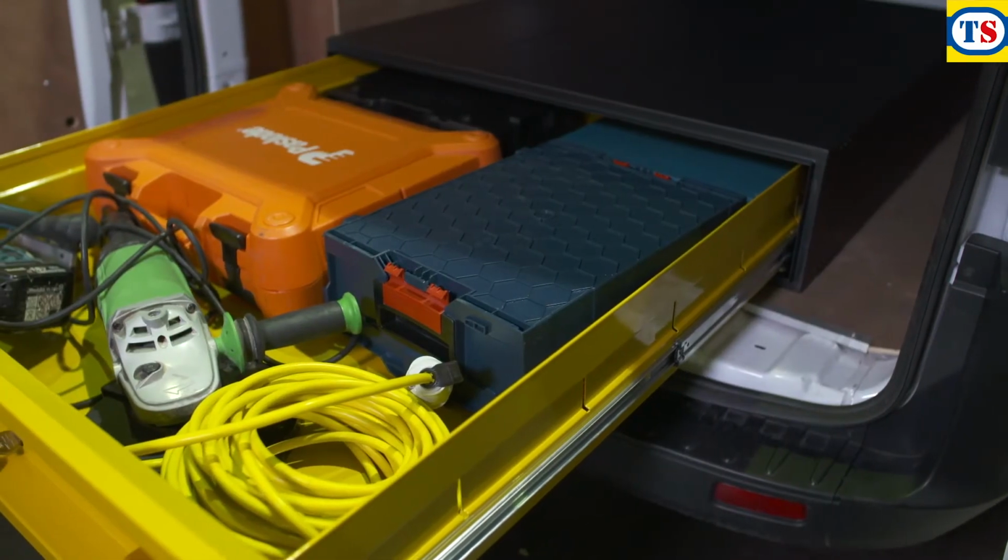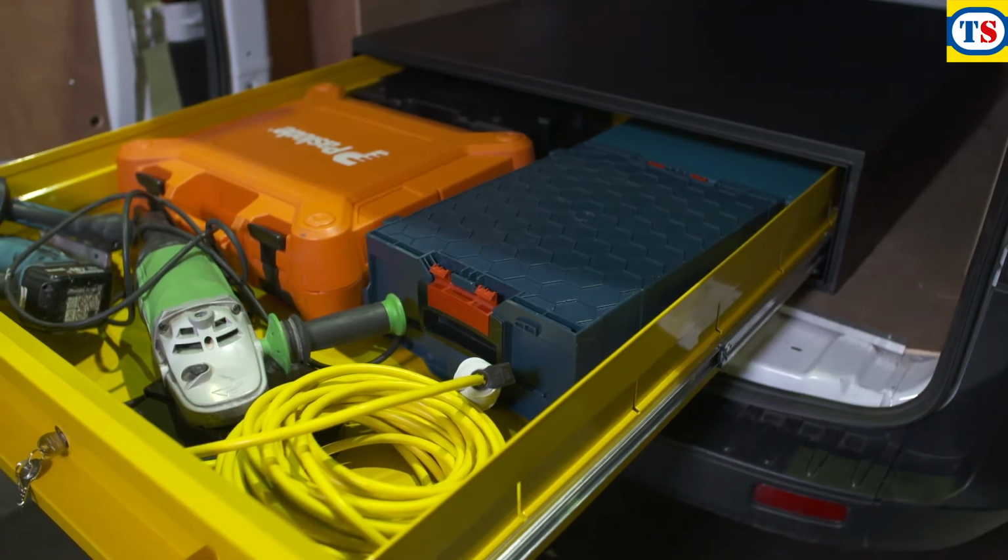And to make your working day easier, the Slim Slider has plenty of room to store your kit inside. It's also designed to take the weight of other equipment, which means you can stack on top and not lose any valuable van space. Thieves will always want to get into your van, but the VanVault Slim Slider means they